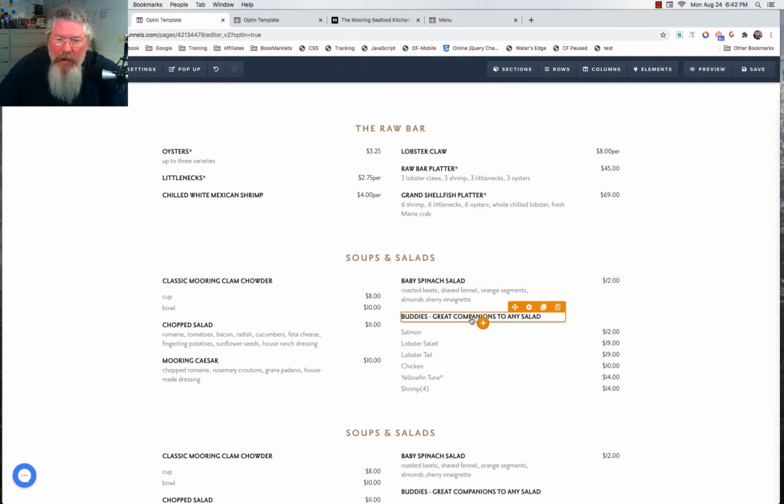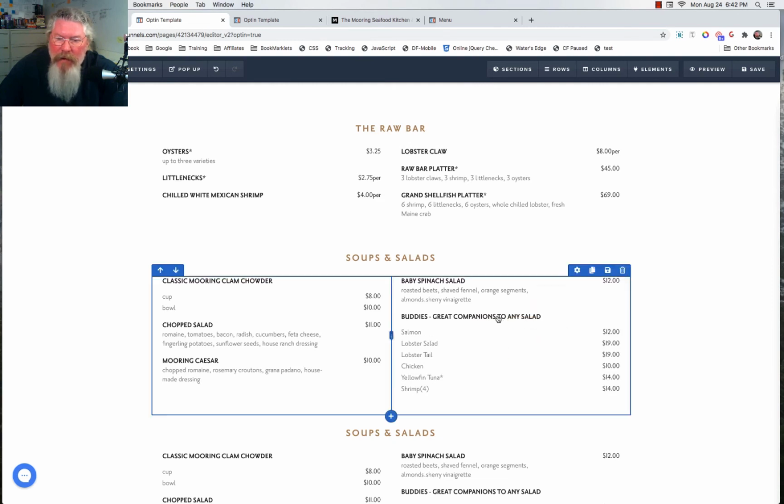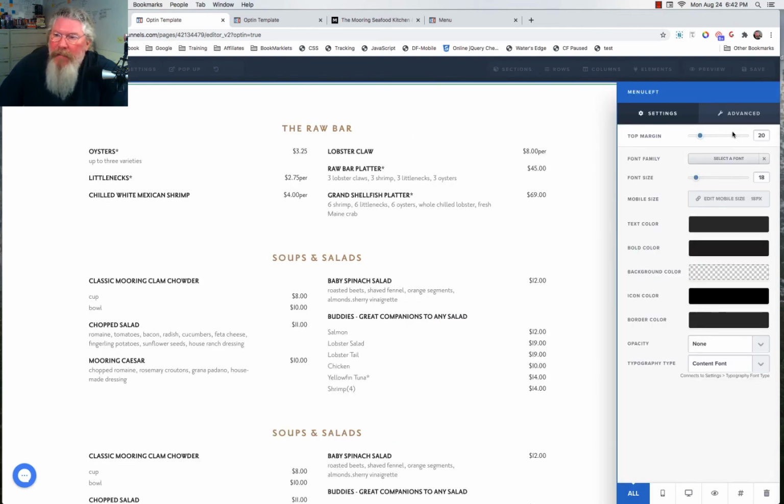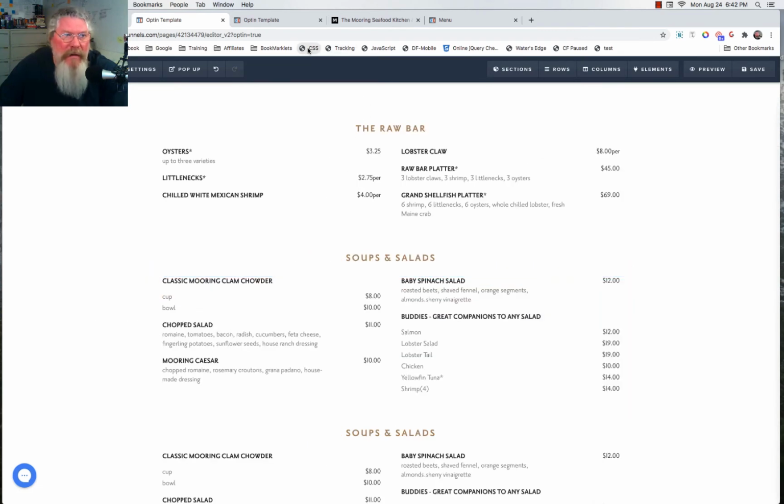Otherwise, there's a little bit of padding above here, a little bit of margin above there. And each one of these elements has some margin as well, just to get everything to line up properly. Let me just see here. This should be top margin 20 there. So now let's go into our CSS